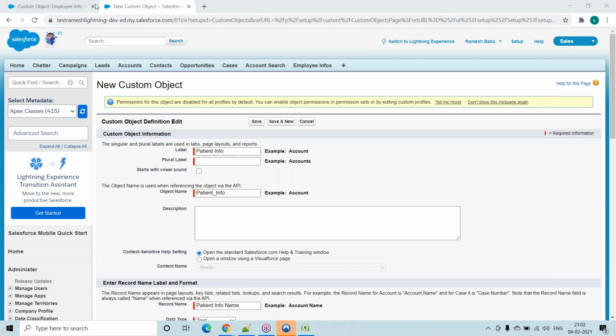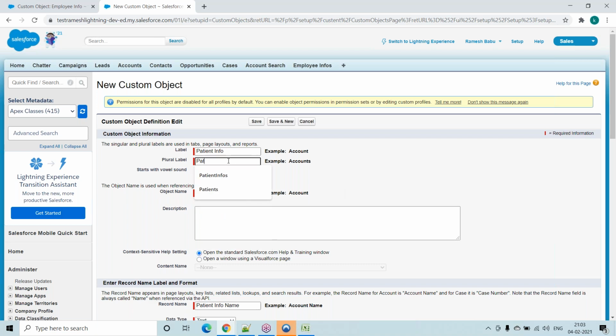Okay, thank you. So I'm creating one more object. While creating an object, we get the same terminology. Here the label is patient info, and the object name is patient_info. Whatever the object name is, the system automatically generates the API name patient_info__c.